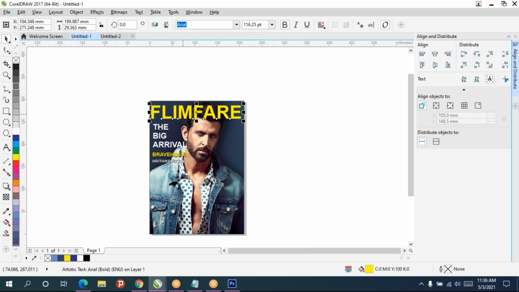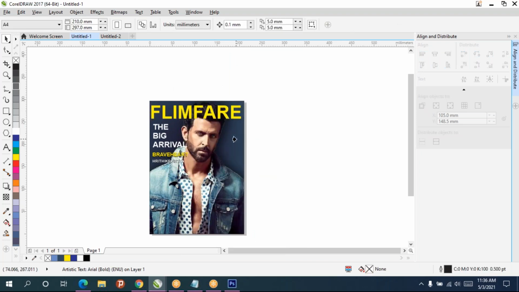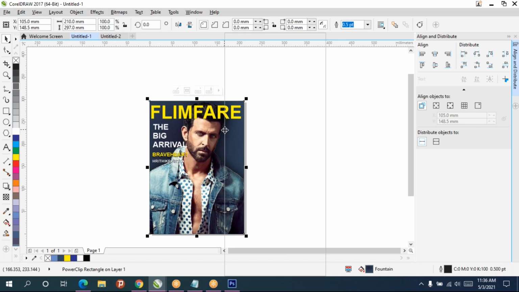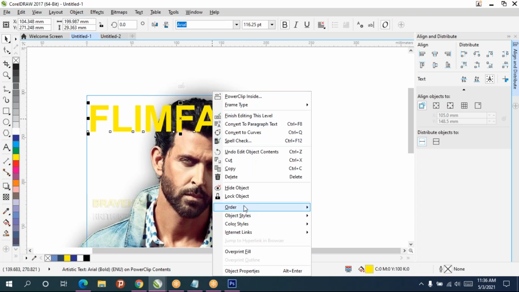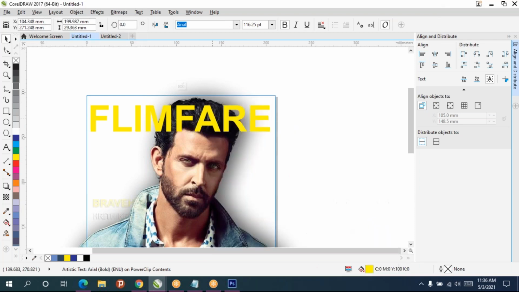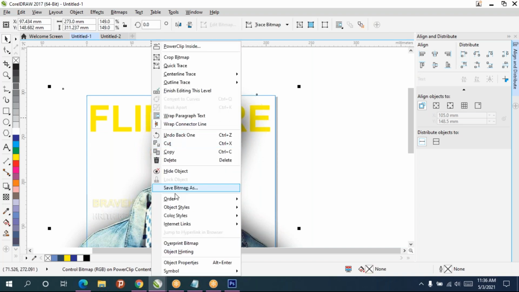This text also can do PowerClip inside this. Again edit PowerClip, and if you want to send this text backward, you can give backward. So behind the shape it will go back. If you want to bring it front.